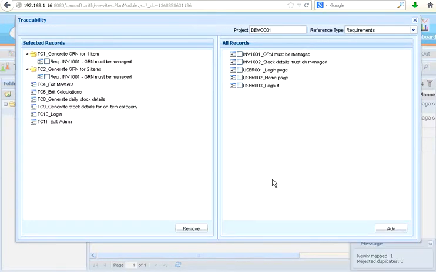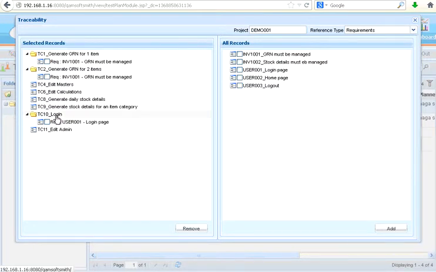So add that. And if you go here, this login TC10 login belongs to this user 001 requirement. Add that. Same way, if you want to have this home page also, you can have multiple test cases mapping to a particular requirement. It may be one-to-one or one-to-many or many-to-many relationships.